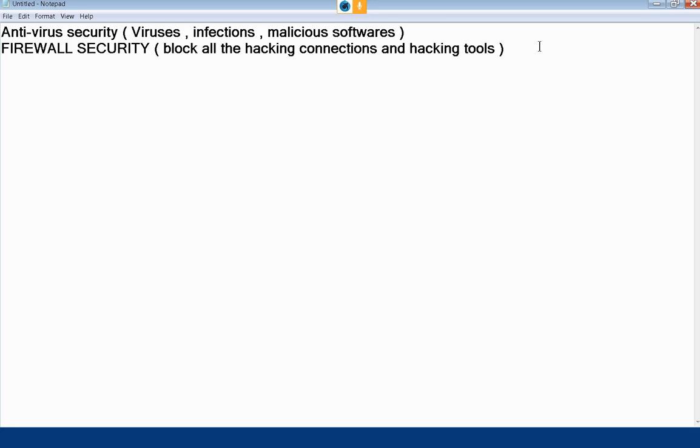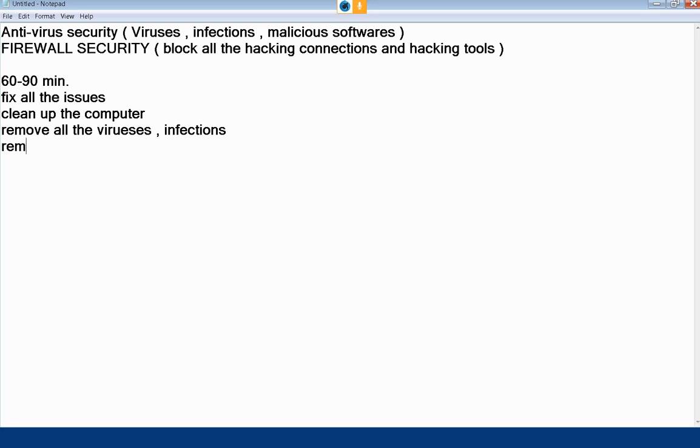So these two securities are required on your computer and your network. It will take around 60 to 90 minutes to fix all the issues. All the issues, like cleaning up the computer, removing all the viruses, infections, and removing all the unwanted softwares